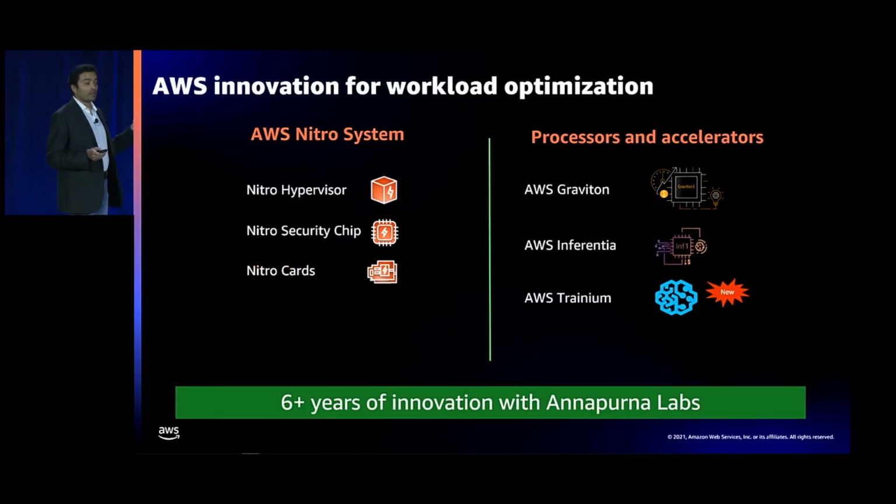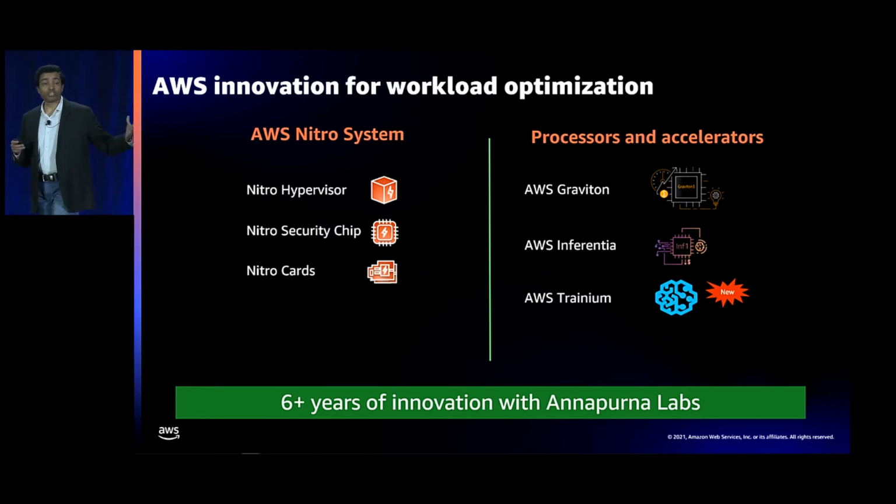All of this is to help you improve your price performance. Not only do we want to give you more choices of instances, which we are, but we also want to constantly innovate on your behalf. And the Nitro system is a classic example of how we innovate on behalf of our customers. The Nitro system is a unique combination of building blocks that we can bring together in unique ways such that we can deploy and deliver new instances with flexibility of compute, storage, memory, and network. So it really helps us drive fast-paced innovation and deliver value back to our customers.